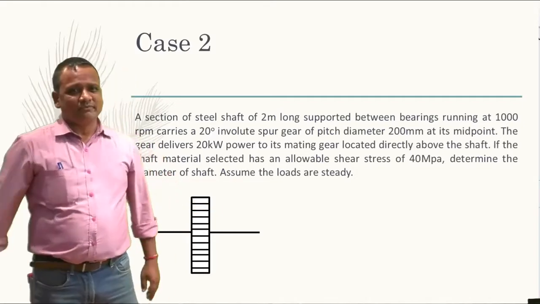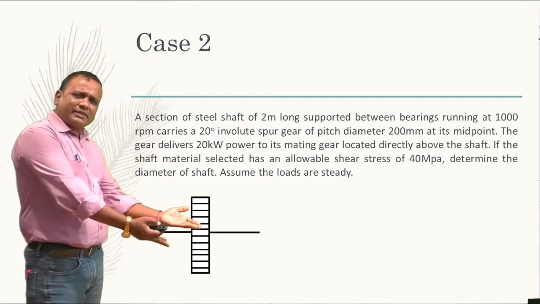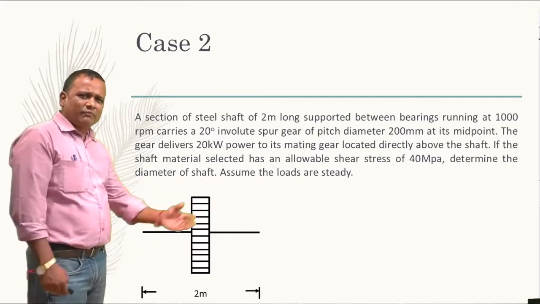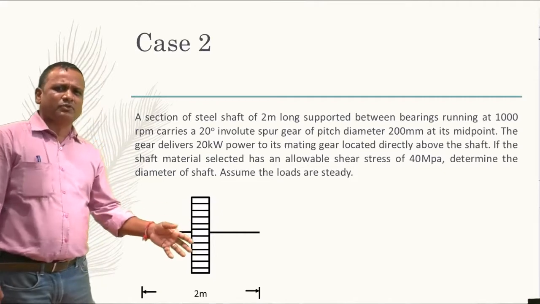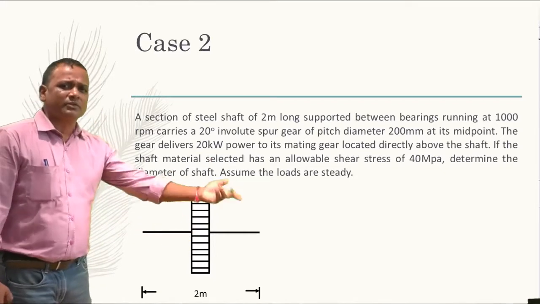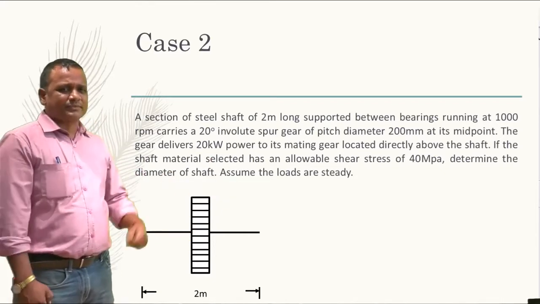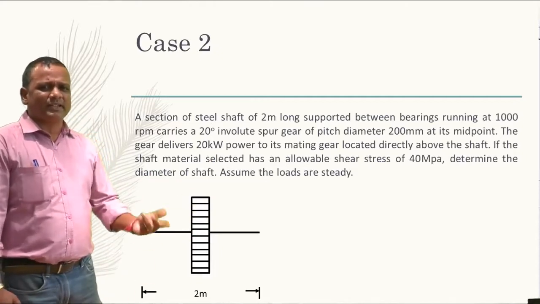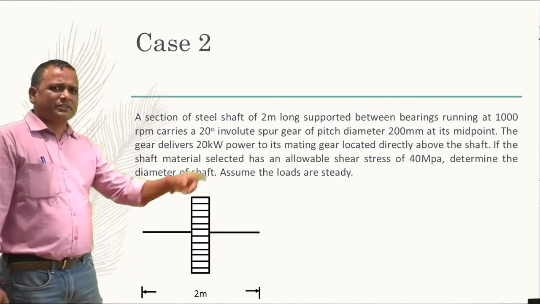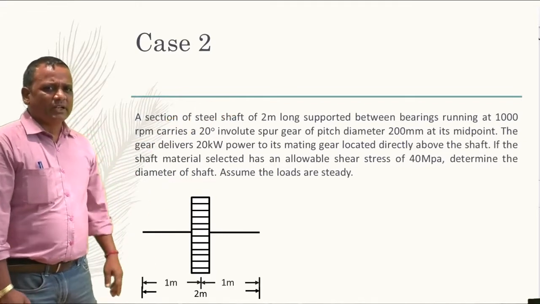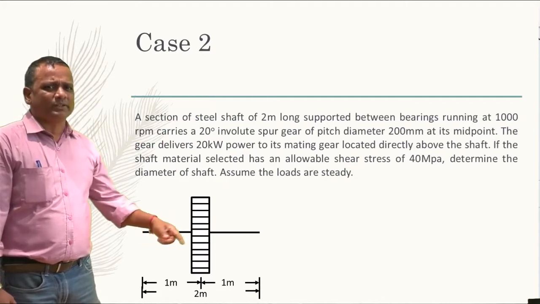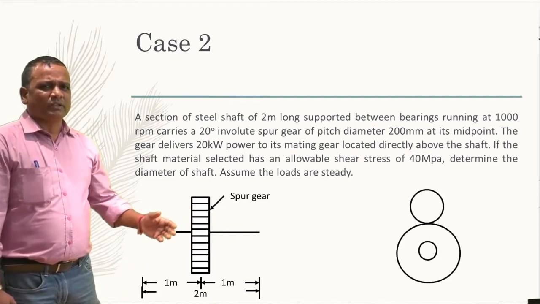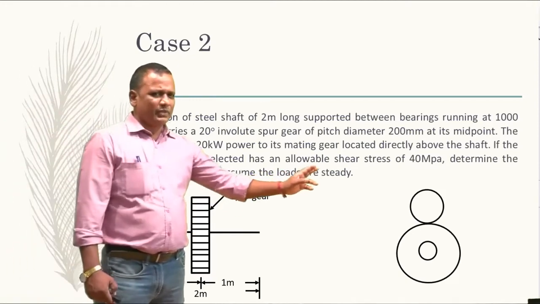I did say that the words 'assuming the loads are steady' are quite important to choose what CM and CT should be. Now I'll try to understand the side view of this, the gear and where the power has been supplied. I've come up with the conventional sketch where the reference would be this, and from which we will solve the case, where you need to design the diameter of the shaft. The shaft length is 2 meter as given, and since the gear is at the midpoint, it's 1 meter apart, and it's a spur gear, and the side view of this is what you can see over here.